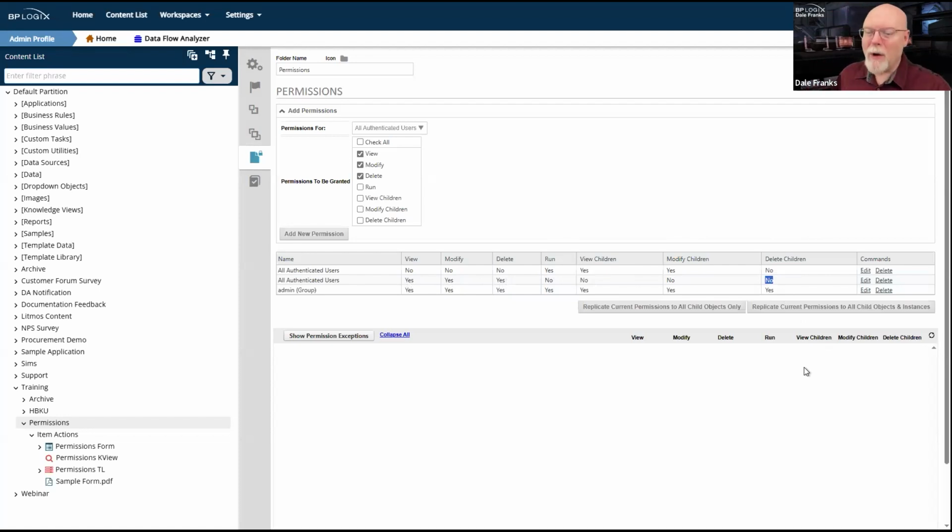I have one rule where they both say delete children equals no. So no one in the all authenticated users group can delete any child records anywhere in the system.